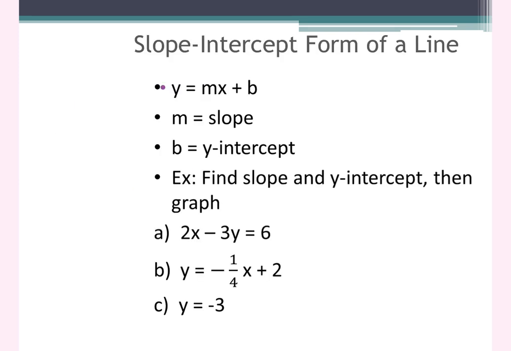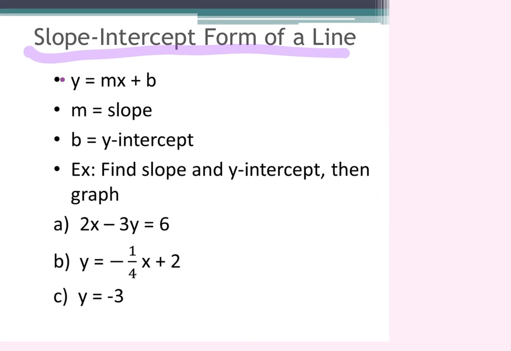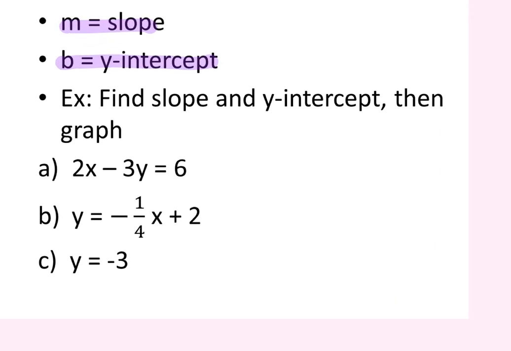Now we get to the slope-intercept form of a line, also something from Algebra 1. So the slope-intercept form of a line is y equals mx plus b, where m is the slope and b is the y-intercept. For these examples, we're going to find the slope and the y-intercept, and then we're going to graph. So if you look at A,